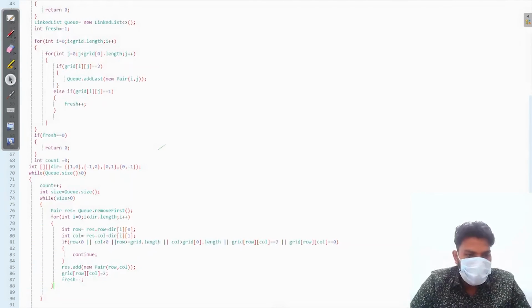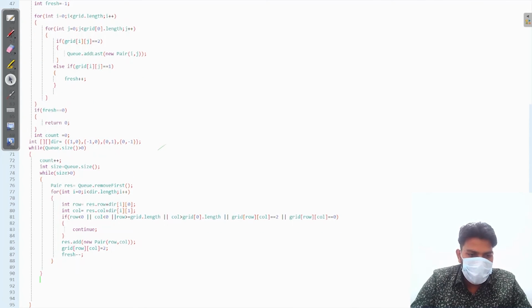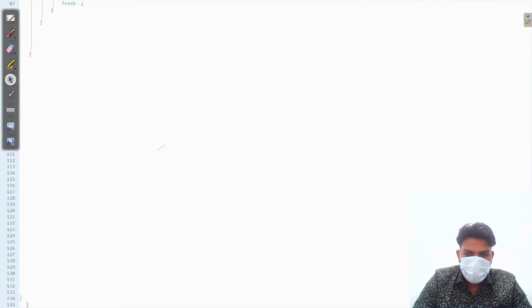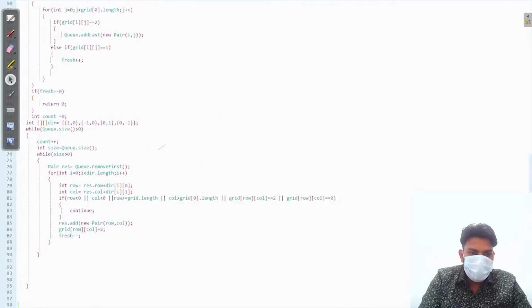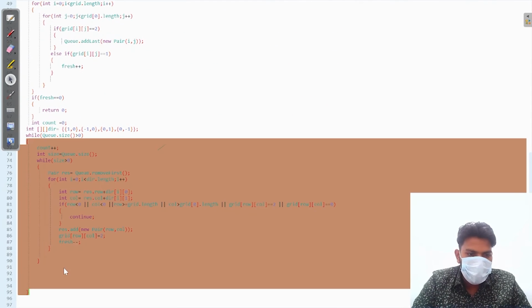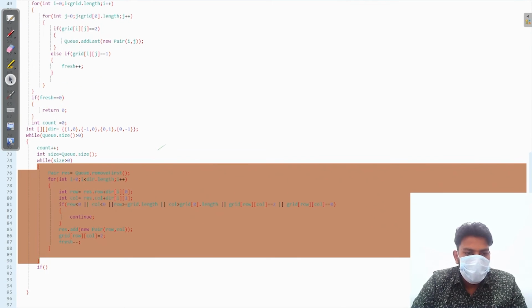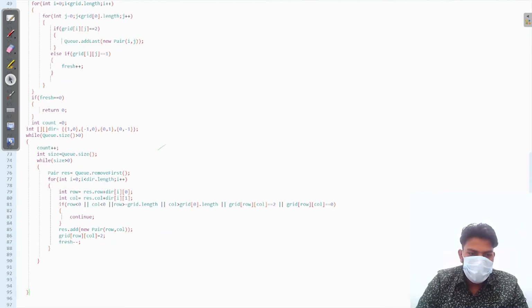Okay, so we decrease the fresh oranges value. After all those conditions, what we have to check is this while loop. After that, when all operations will happen,